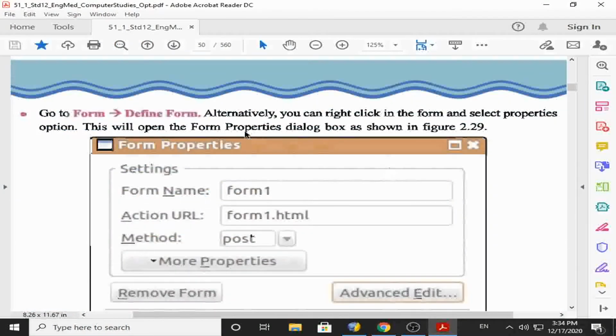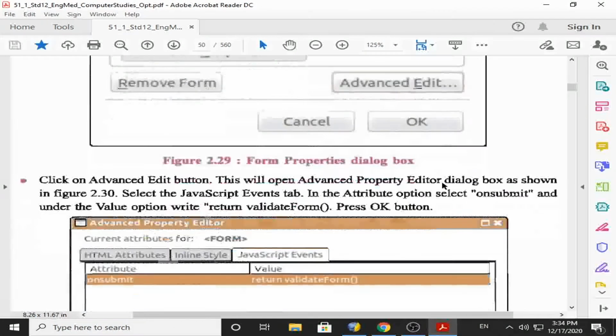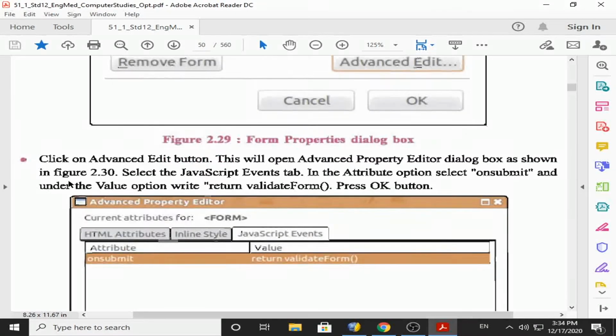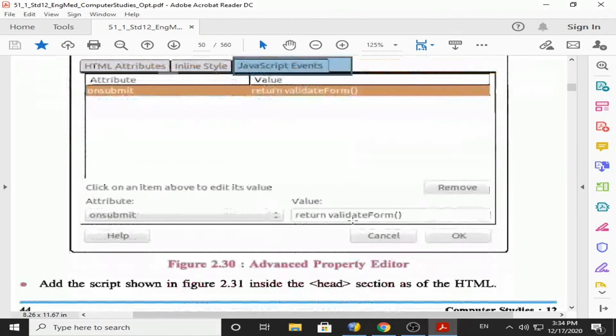Next, go to form and define form. Alternatively, you can right click in the form and select the properties option, and this will open the form properties dialog box. Now in this dialog box we have to choose advanced edit, and then click on the advanced edit button, and we have to add in the JavaScript event tab, on submit: return validate form.